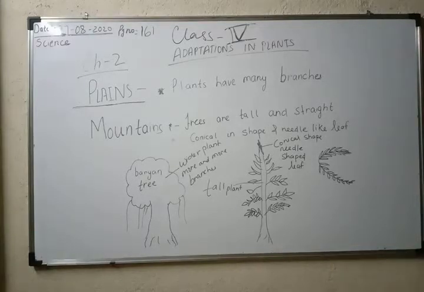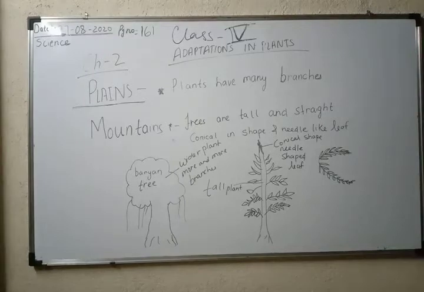In the first example, the desert plant, we already discussed what adaptations are found in the desert plant. It has a modified leaf in the form of a thorn, a broader stem instead of a broader leaf, deep roots and a thick cuticle on the surface. So these are all adaptations made by the desert plant.